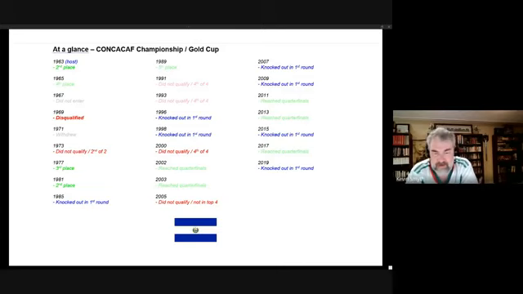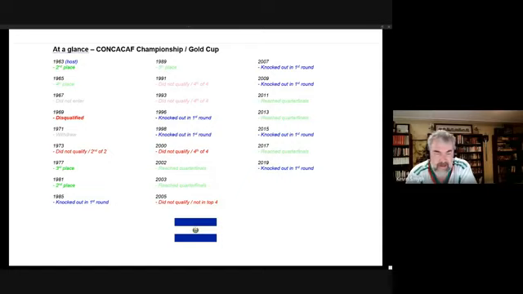That poor performance continued into the early years of the Gold Cup, either not qualifying or reaching the Cup but getting knocked out at the group stage. They earned only a single win over Trinidad and Tobago from 1991 until 2002. But 2002 and 2003 saw them pass the group stage, though both of those were based on a single win in the three-team group where the top two teams passed. So pretty easy to get through the group stage there.